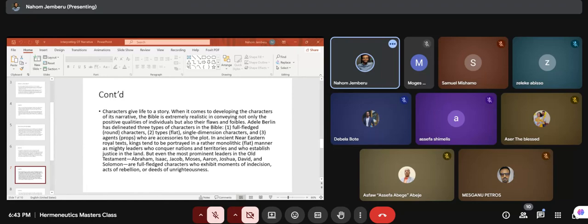That's a round character. And there are also characters which are called agents. Agents are ones only used to achieve a certain purpose. They don't really play a major part. For example, when you are watching a movie, for example, if it's a